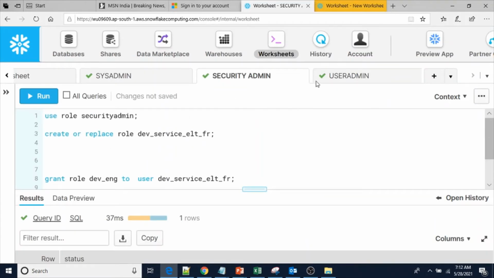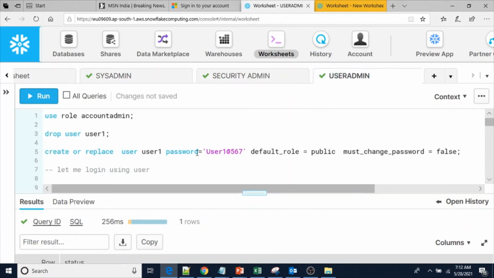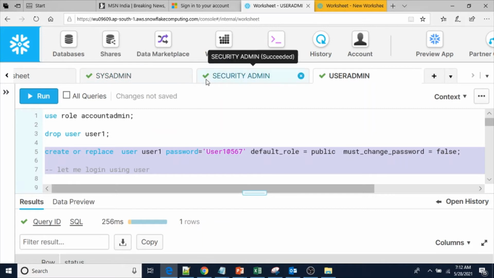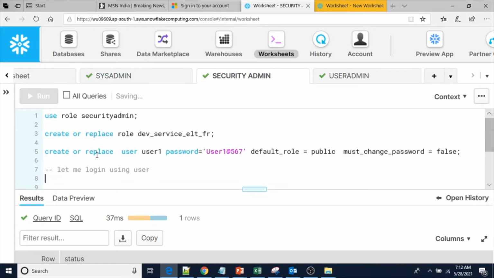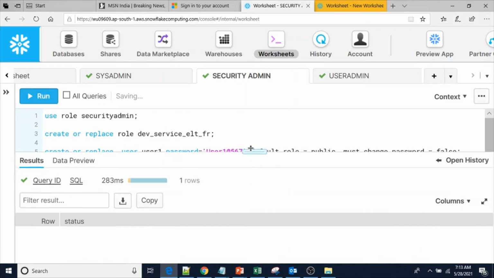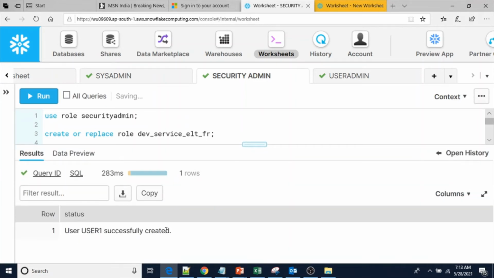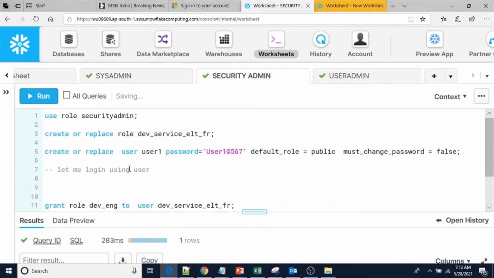Create or replace user1 and password. So let me create this user. Yeah, user1 successfully created. Now let me log in using this user1 which was newly created.